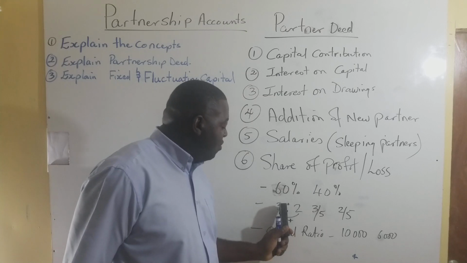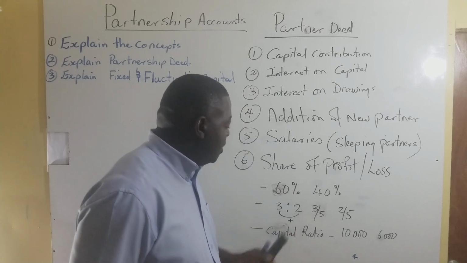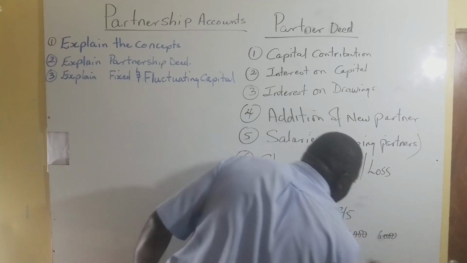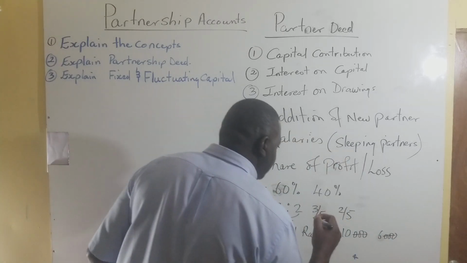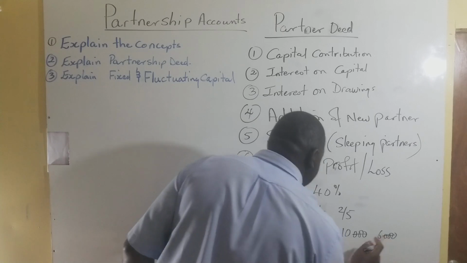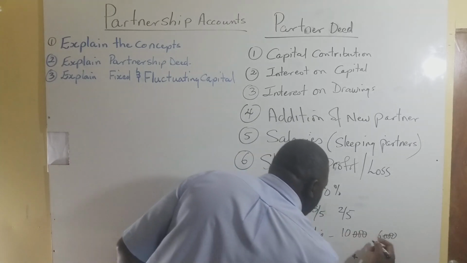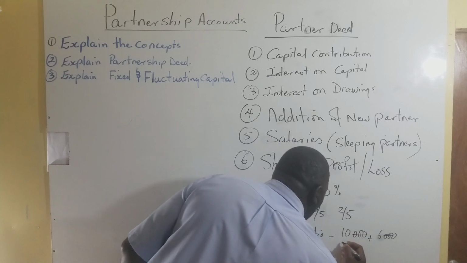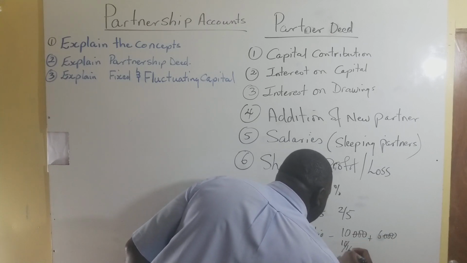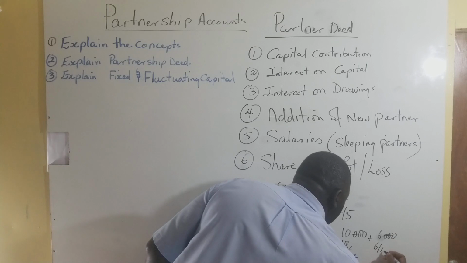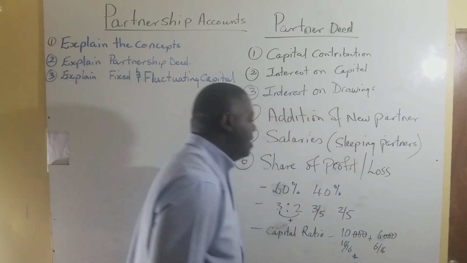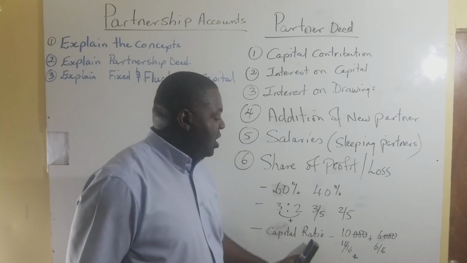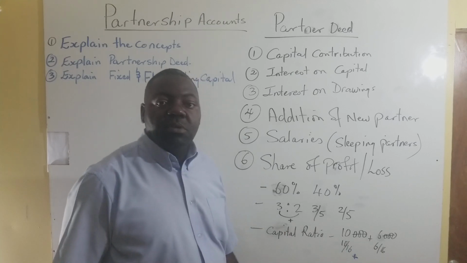almost the same thing as the ratio, as this ratio. So you will eliminate what is common among them first, and then you'll have 10 and 6. And you're going to add 10 plus 6, which is going to be 16. So for one it's going to be 10 over 16, and the other is going to be 6 over 16. All right, and that is how you will use the capital ratio to determine what amount of money they get